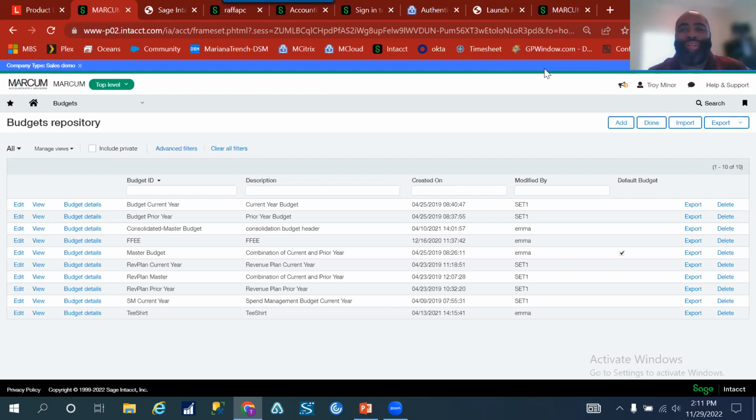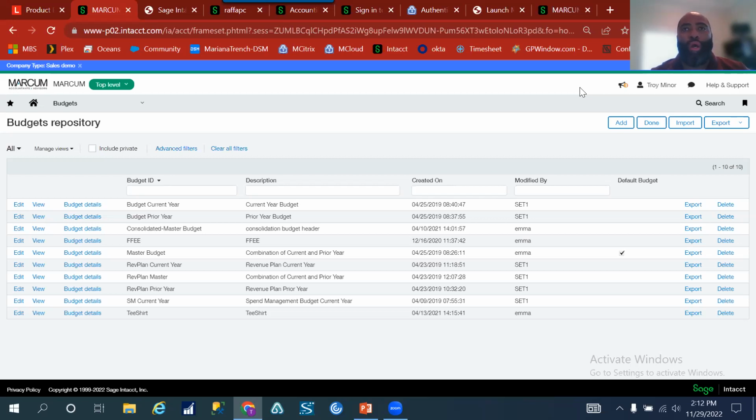So that's great. On this window here, many of you are probably familiar with this screen. This is the budget repository window that comes with the core Sage Intacct product. Originally it was just called budgets or budgeting, and then they renamed it budgets repository, which is more appropriate because it is a place to store your budget numbers. That is what some people used to refer to as bucket technology. It's just a place to put some numbers that you can recall later in terms of reports, but there's